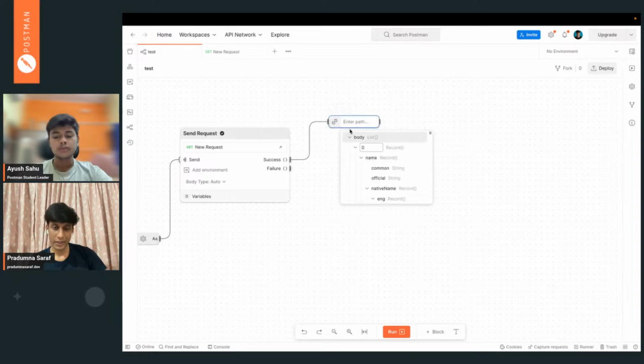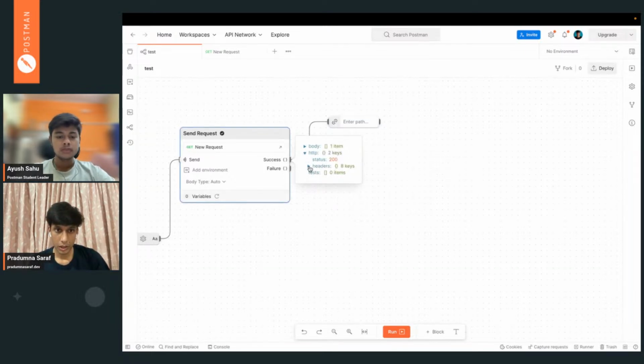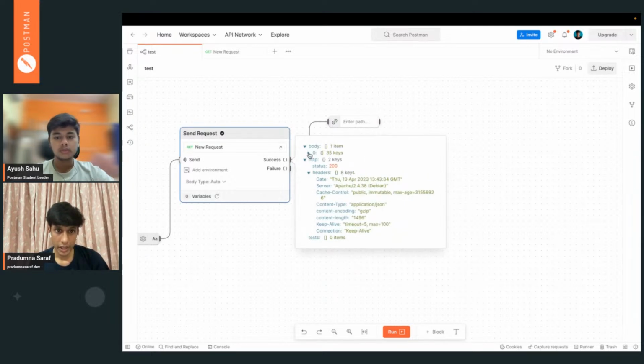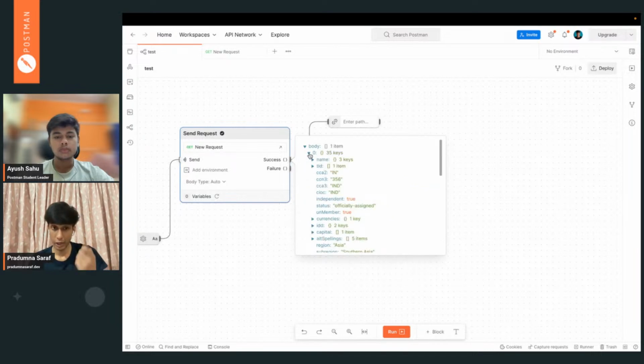The select block is a really cool thing. If you have used JavaScript, you use dot notation to filter out data, to get inside an object or filter out any key which is in hierarchical format. As you can see over here, in the body we have an object at the 0th position, and inside we have name.